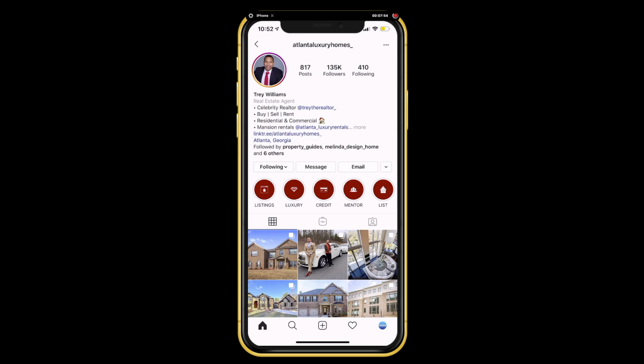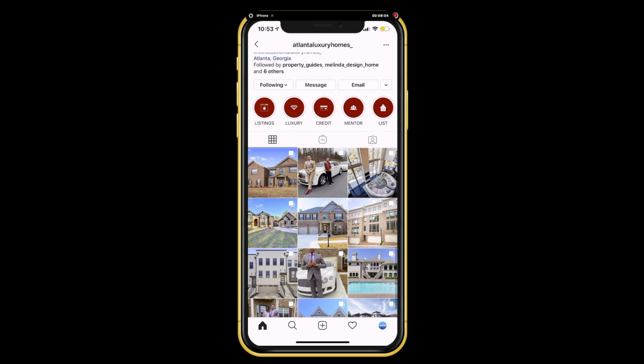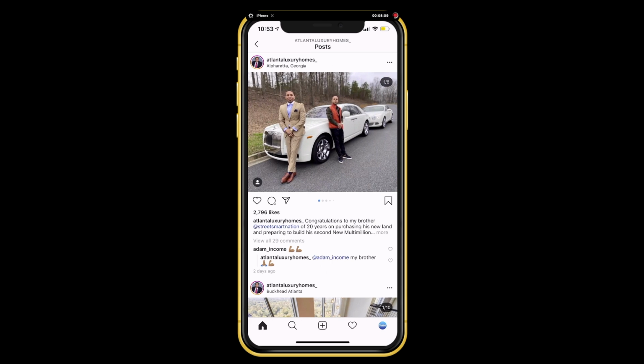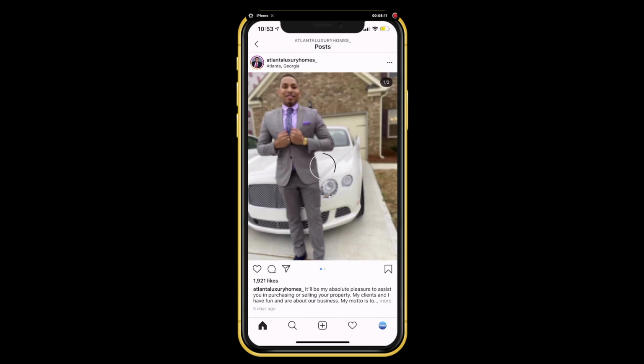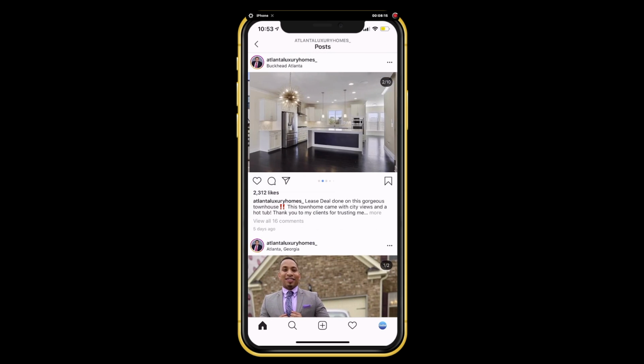So this guy in particular is out of Atlanta, and as you can see, he does a really good job just organizing his page. He's organized his highlights. They look really uniform. He posts a variety of different content, whether it's pictures of him or pictures of houses,